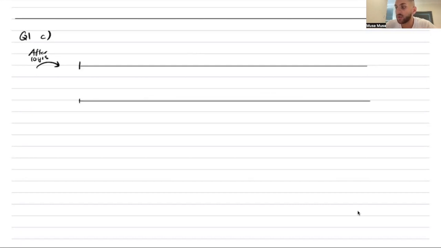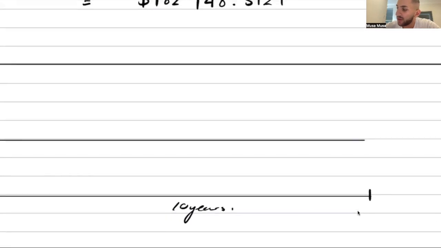So if we read the wording of the question, it said after the first 10 years have passed. Imagine this point here, it's after 10 years. And then it's for the next 10 years because it says up to the 20th year. If 10 years have passed, that means it's only another 10 years. Cool. Well, if we look at what's happening, we've got to figure out what the future value at this point